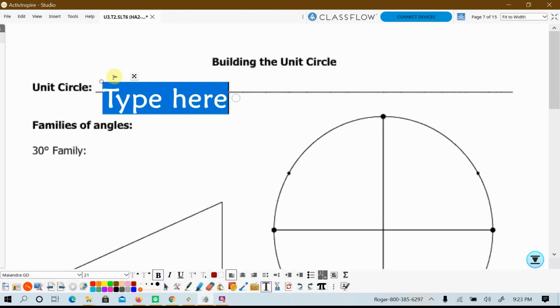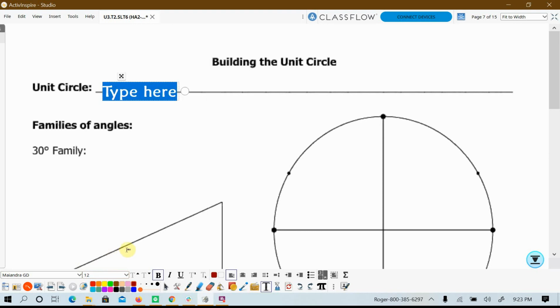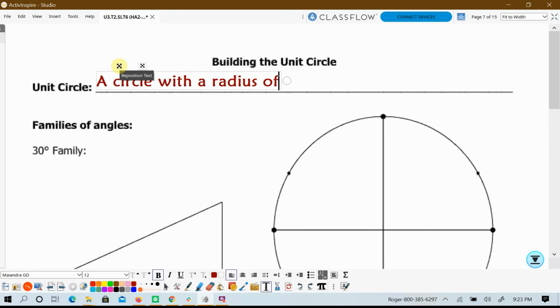So remind ourselves, what is the definition of a unit circle? So let's remind ourselves that a unit circle is a circle that has a radius of 1 unit. Okay,